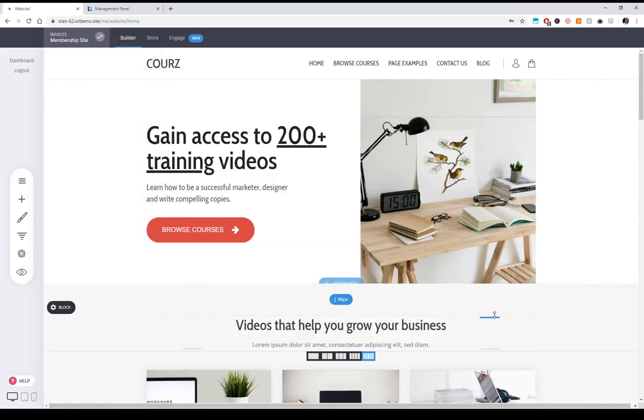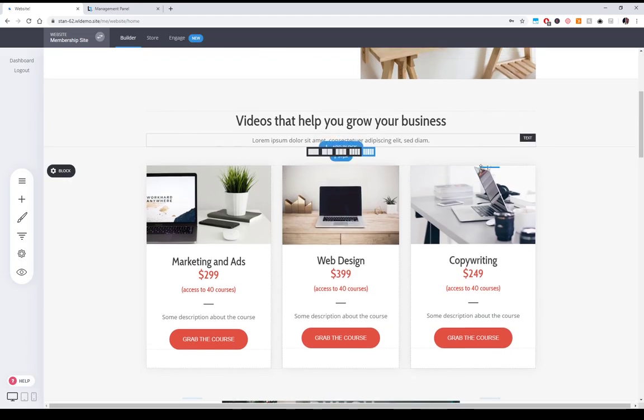So if you don't like this design or the ones that are for membership, you can start with whatever design and just implement the things that we'll be showing here. So basically this is a landing page. It has a header with all the call to action, information about the courses, a few courses being shown here,